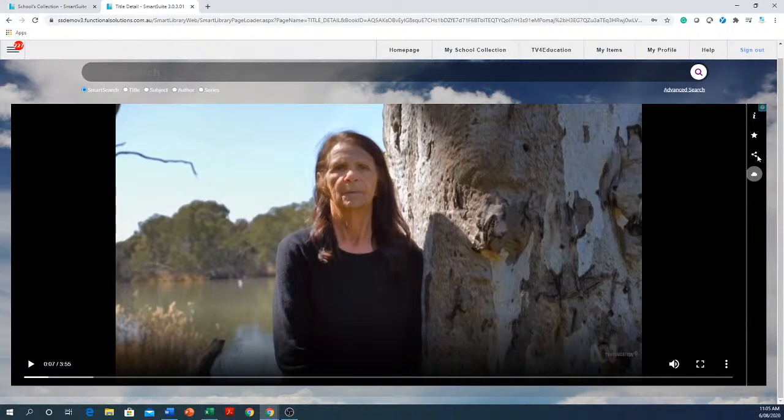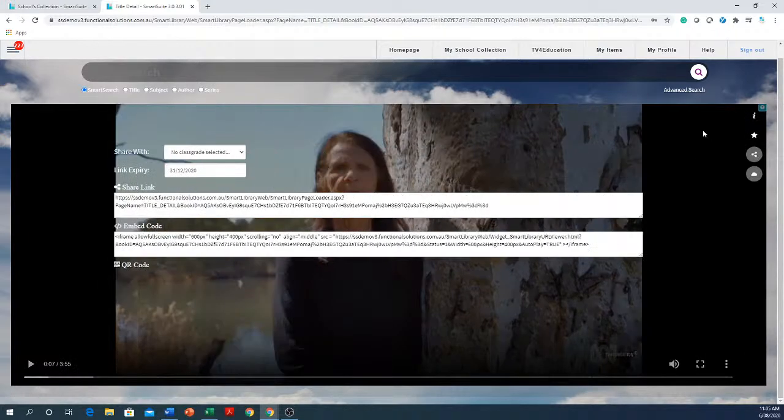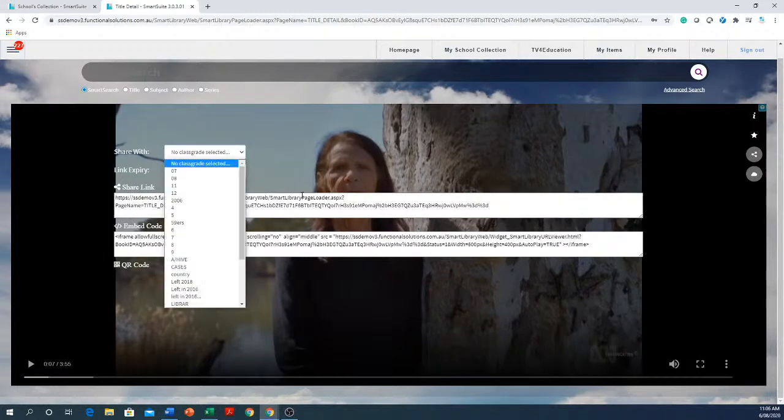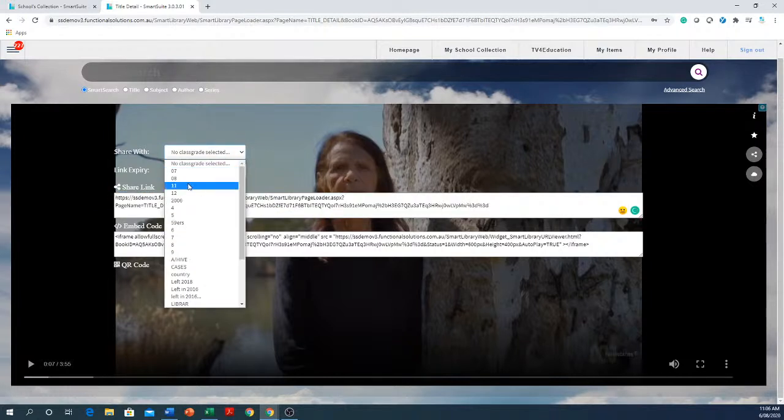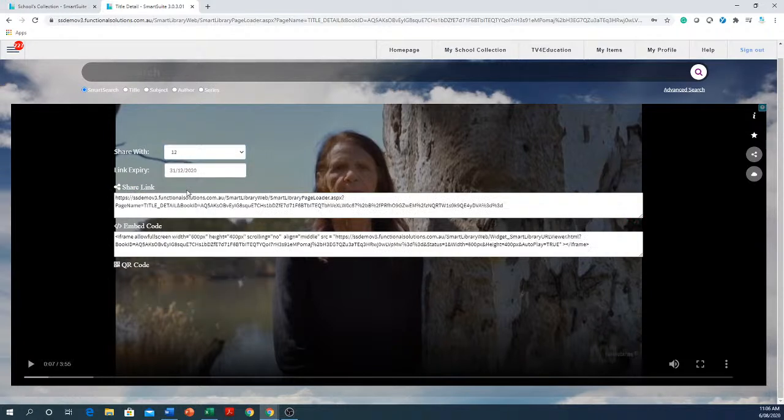Now, why is it important? Let me just click on it again. Okay, you must choose the year level. Okay, now have a look at that URL across the screen there. It's going to disappear and come back again. So I'm going to choose year 12. Watch the URL behind it. Disappears and comes back. The reason for that is because this long bit of